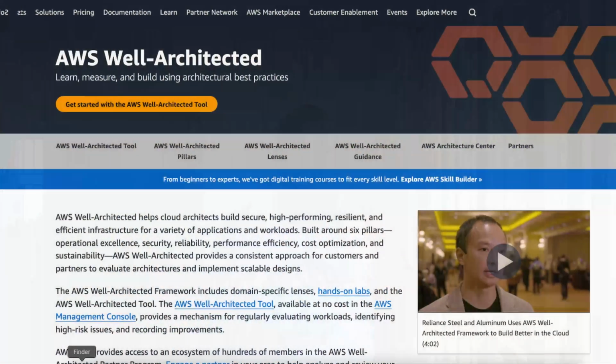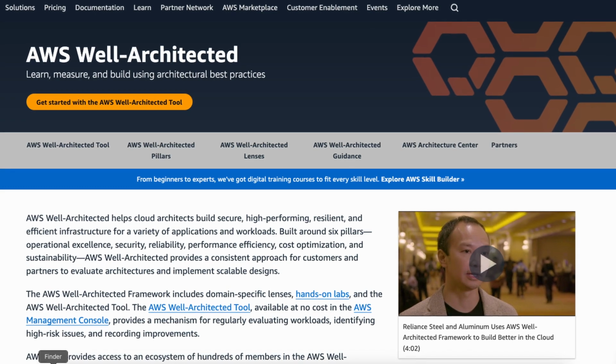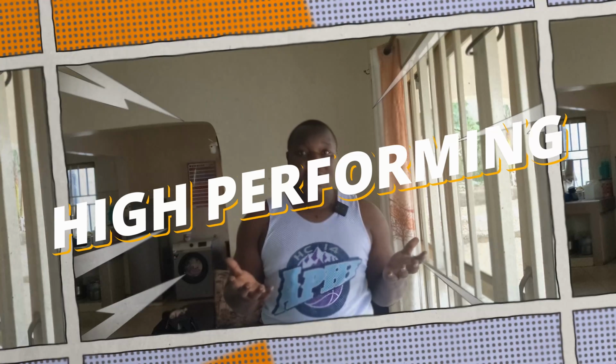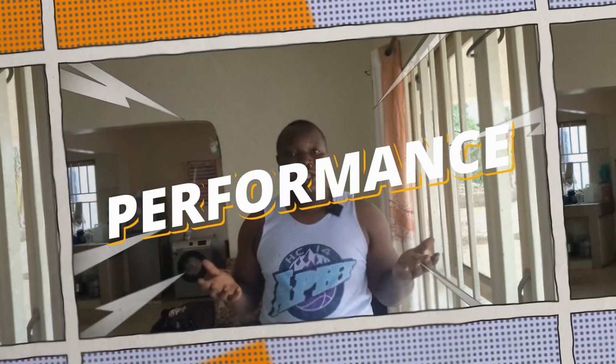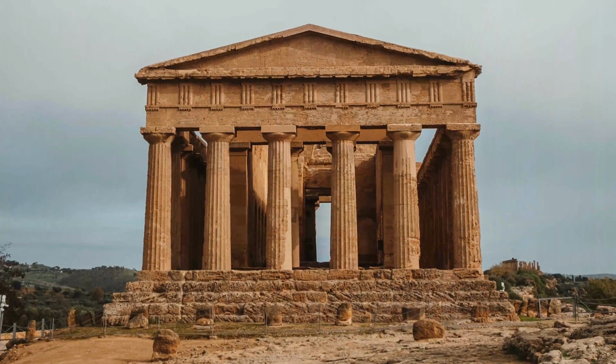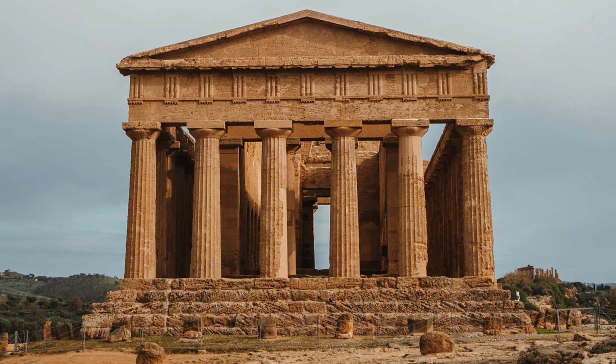professional. The AWS Well-Architected Framework is a set of best practices designed to help organizations build secure, high-performing, resilient, and efficient cloud applications. It helps you evaluate your infrastructure and identify the gaps that could lead to performance issues, security risks, or unnecessary costs. It's built around 6 pillars, and we are going to go through each one in detail